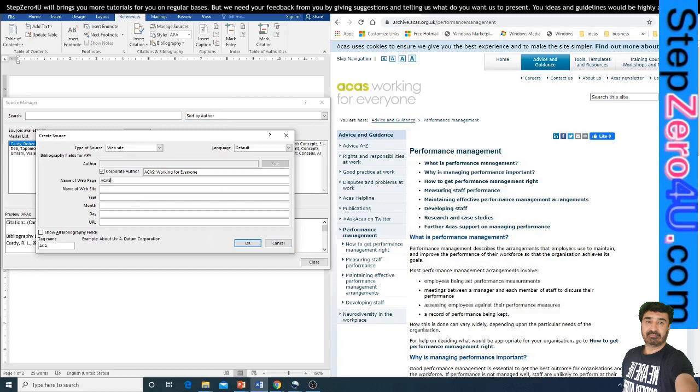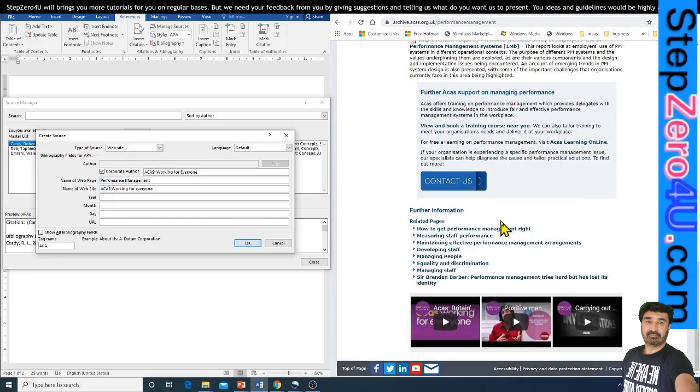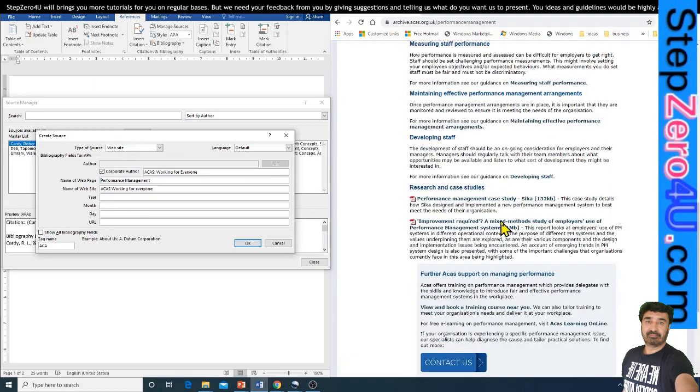Then the name of the web page is performance management. We don't need ACAS, working for everyone, so I think we should delete it. Only performance management is the name of the web page, and the website is ACAS, working for everyone.